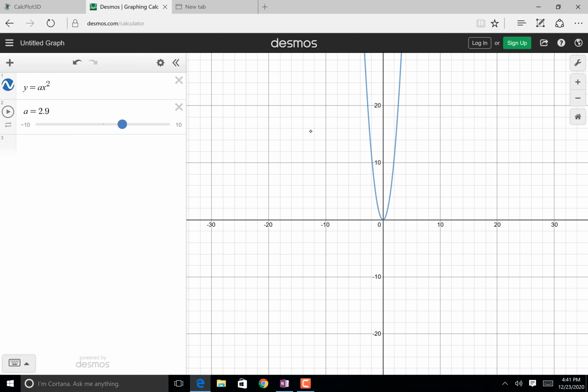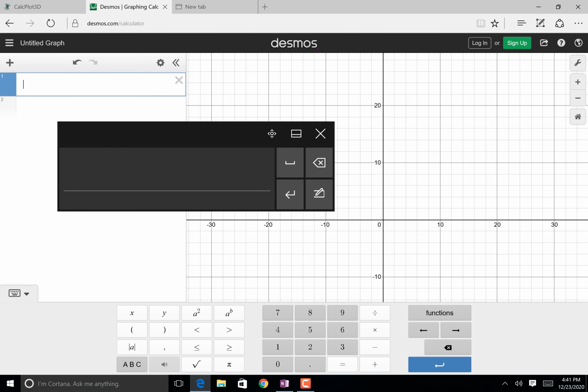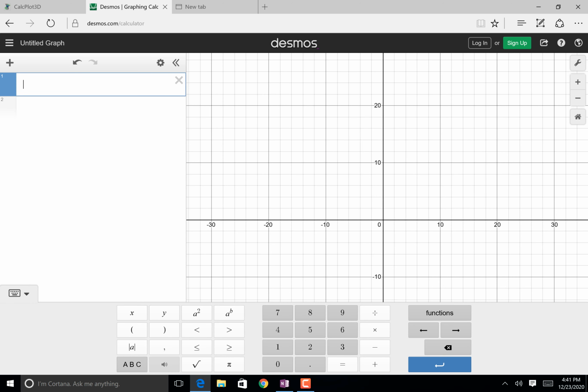And you can see that all you're doing is that changes. In other words, that a is like our c value that we talked about a few minutes ago, right? And the idea is, in this case, y is our z value because I can't really do it any other way. And you can see what's happening here. As you change that value of c, viewed from this side, you're just going to get a bunch of parabolas. That's all you're going to get. And then you're like, well, what about the other one? All right, I'm glad you asked. So if I did y,